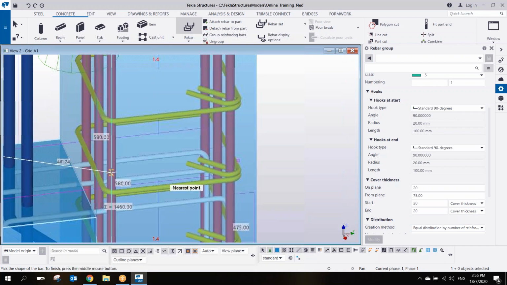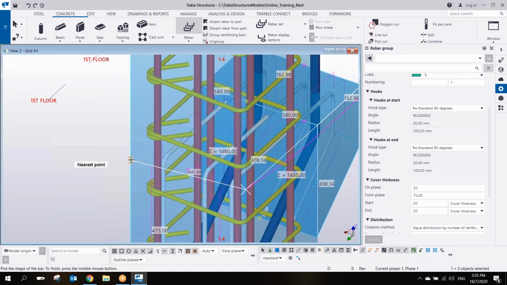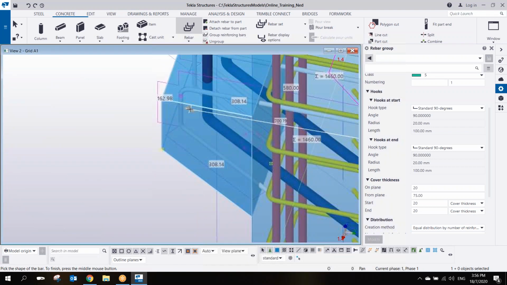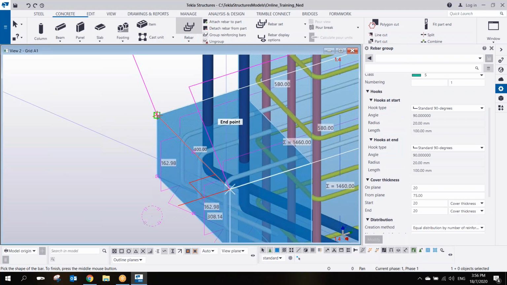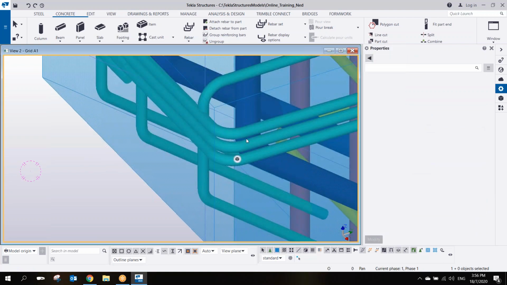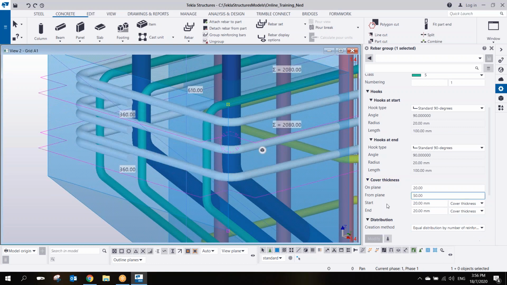So click 1, 2, make it perpendicular this way. 2, 3, make sure that you pick the correct position, perpendicular, so that your reinforcement will not be distorted. Okay, and then middle button of your mouse, and then from this point to this point, you have now this reinforcement. Okay, so here we can only change this one to let's say 50,